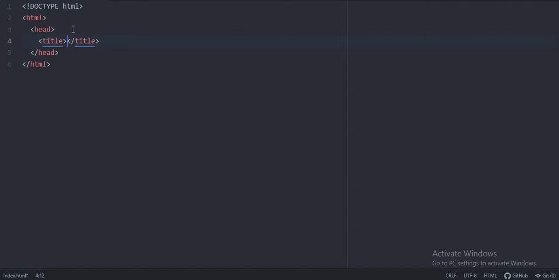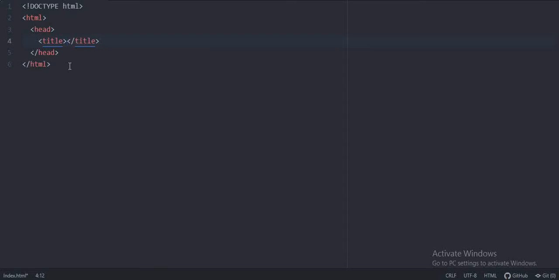Note, I am not saying it will be the page heading; it will go in the upper part where the search bar is, and it will show the name of your title. I will create a video afterwards explaining this title tag in detail. First of all, remember that we have to make a title tag inside the head tag.